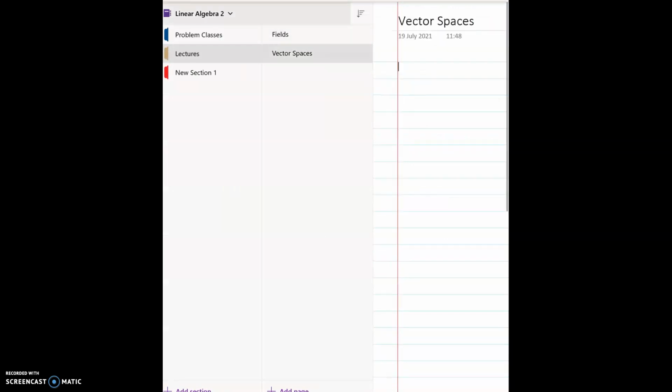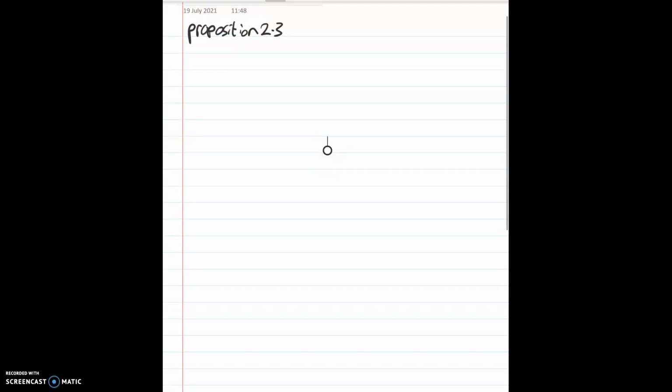Just before we get onto vector spaces, I want to go over a small proposition about fields. This is really the introduction to university-based maths for linear algebra. It's going to be Proposition 2.3. The proposition goes like this: let F be any field, then